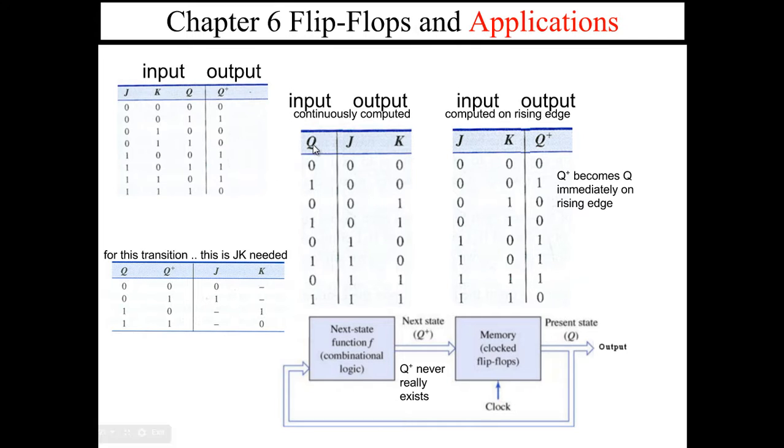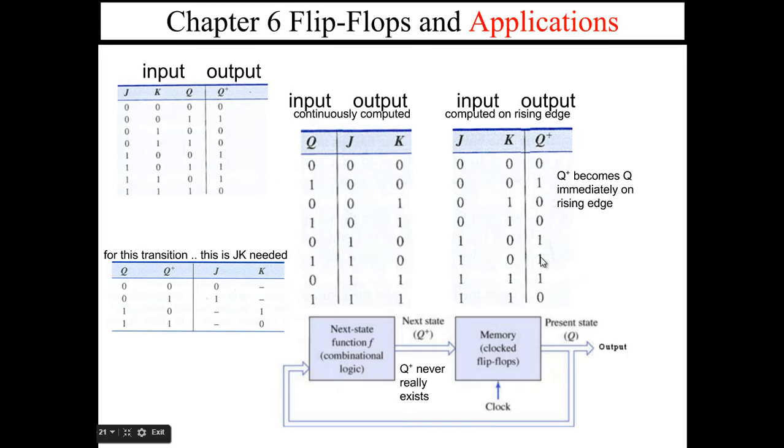Because what we're going to do is take the outputs of our current flip-flops and manipulate them with our chapter 5 combinatory logic circuits into creating new J's and K's for our flip-flops. So we're going to look at the output of our current memory and manipulate it into J and K's to set up our flip-flops. And then on the clock beat,